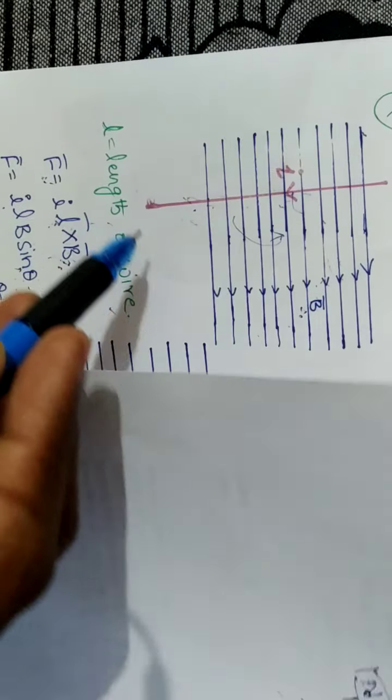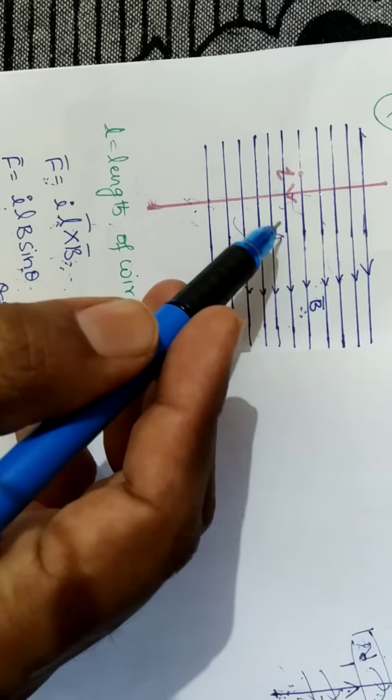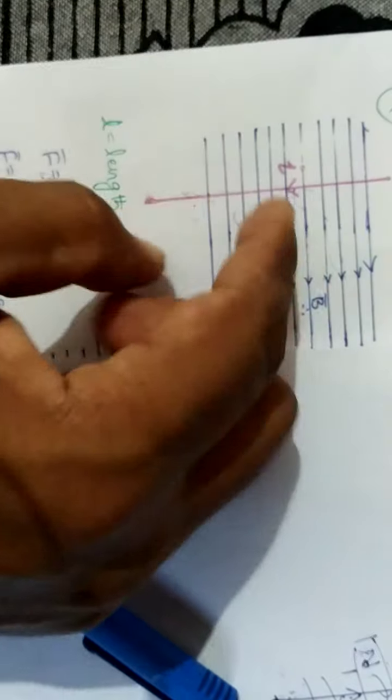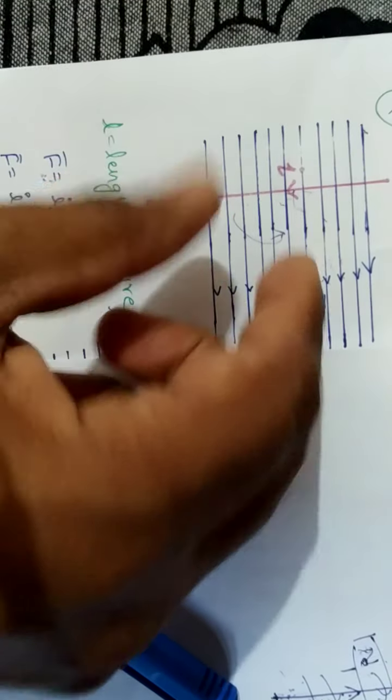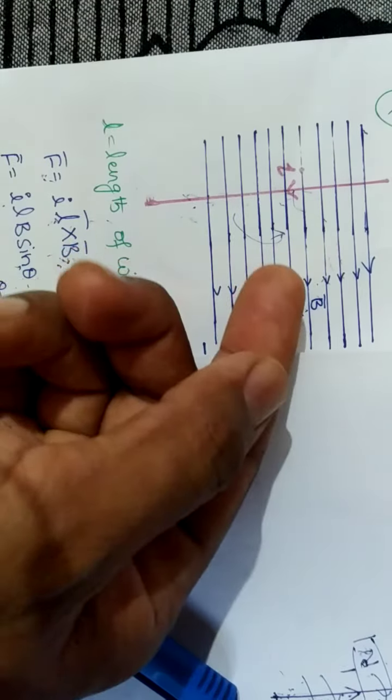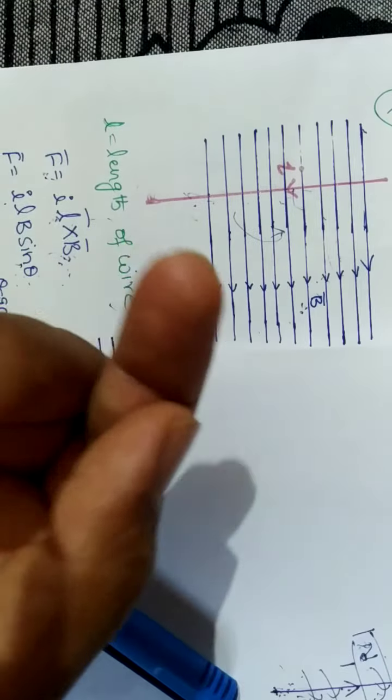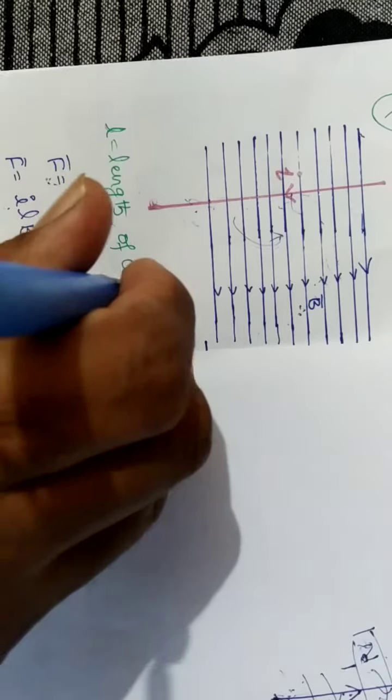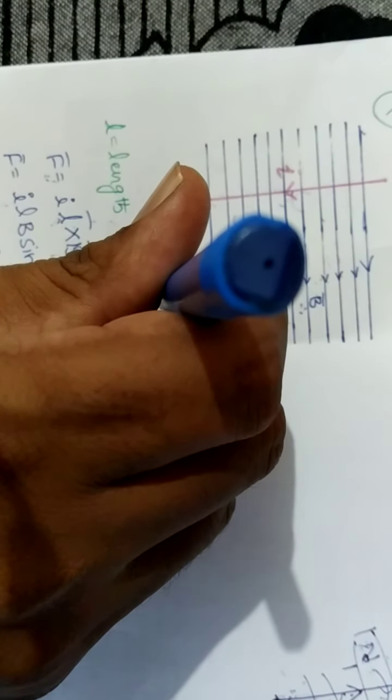In which direction are we rotating the screw? It is anti-clockwise. When you rotate the screw in the anti-clockwise direction, it comes out of the wall. When it comes out of the wall, it is exactly perpendicular to the plane of the paper.